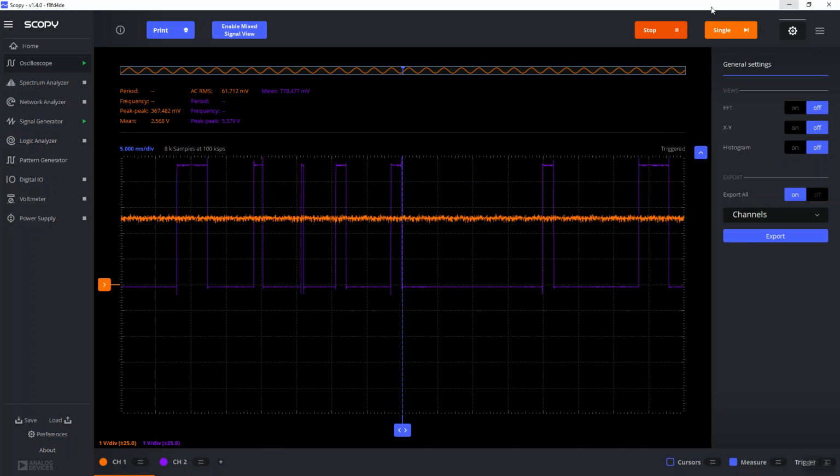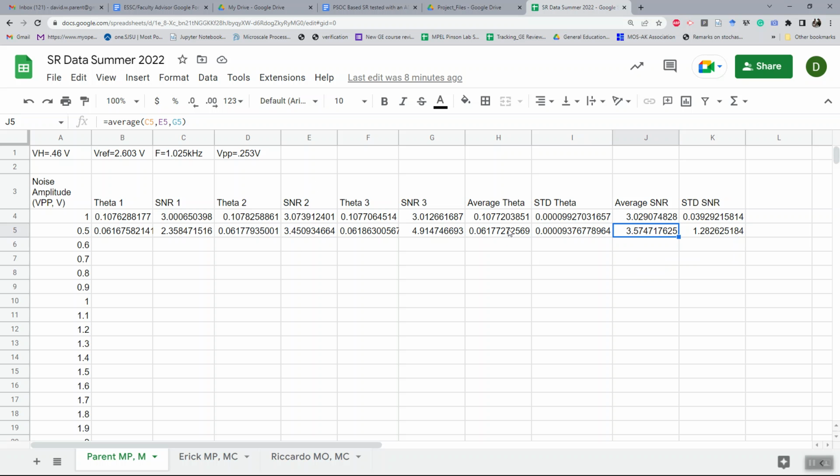All right, and I would make sure to put that back in here, and then I'm calculating the average of that and the standard deviation. And 3 seems to be a reasonable amount to take. But when I did 0.5, I actually got a standard deviation of 1.28. And the average was actually less than when it was at 1. All right. So it doesn't give you the same value each time you run it. All right, but let's go